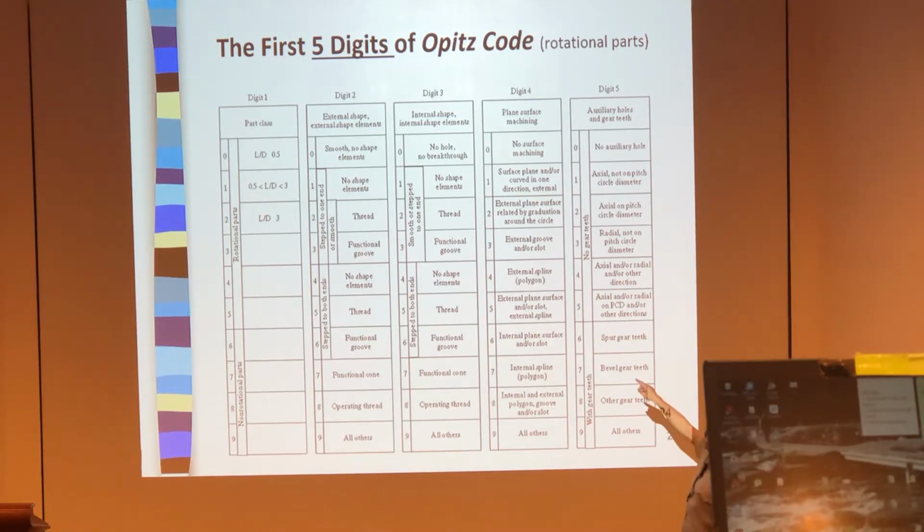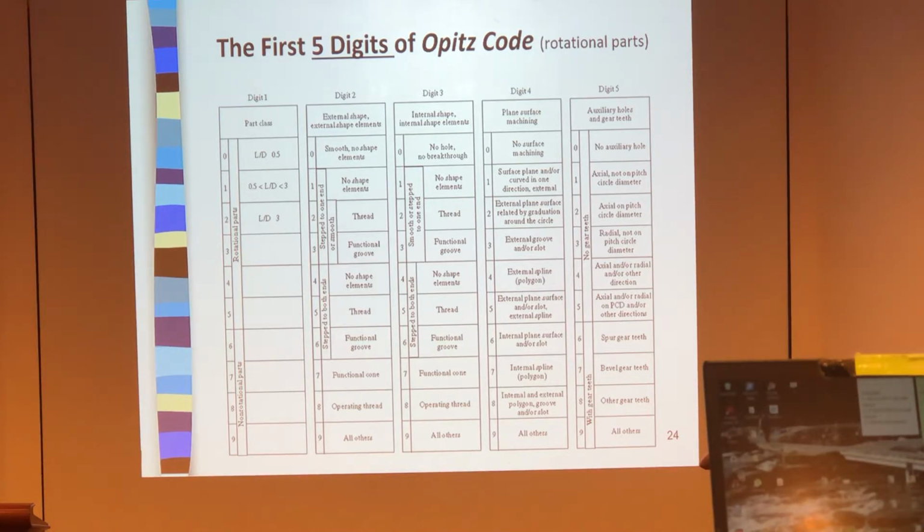If it's less than 0.5, then it's 0. Between 0.5 and 3 is 1, and larger than 3 is 2. So that you can do. And digit 2 refers to the so-called external shape. For rotational parts,